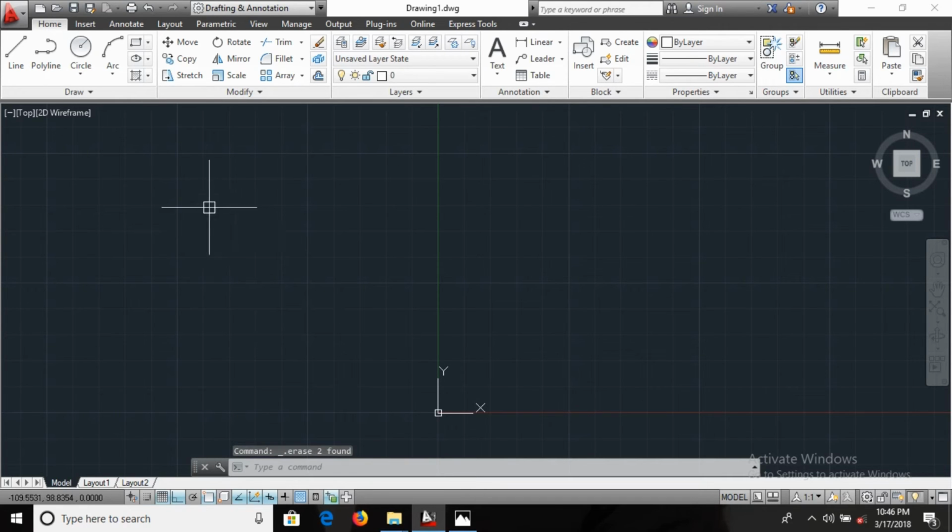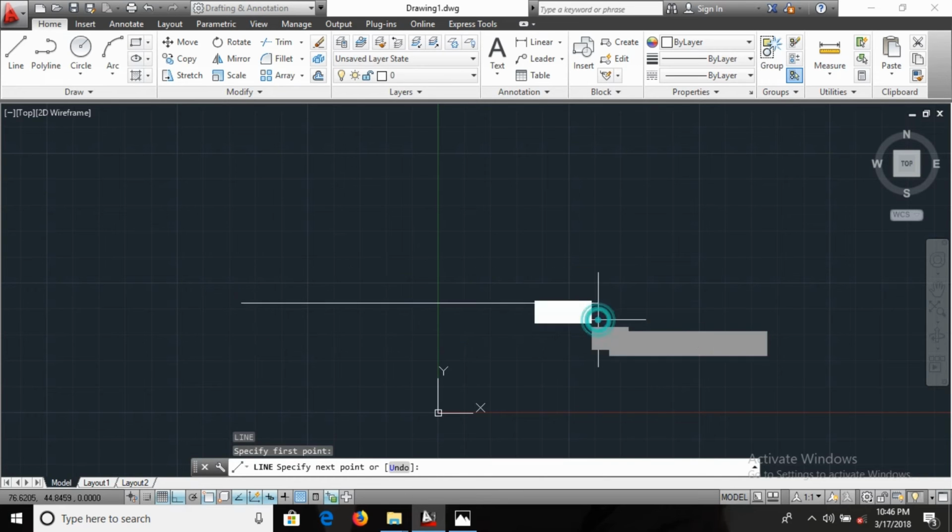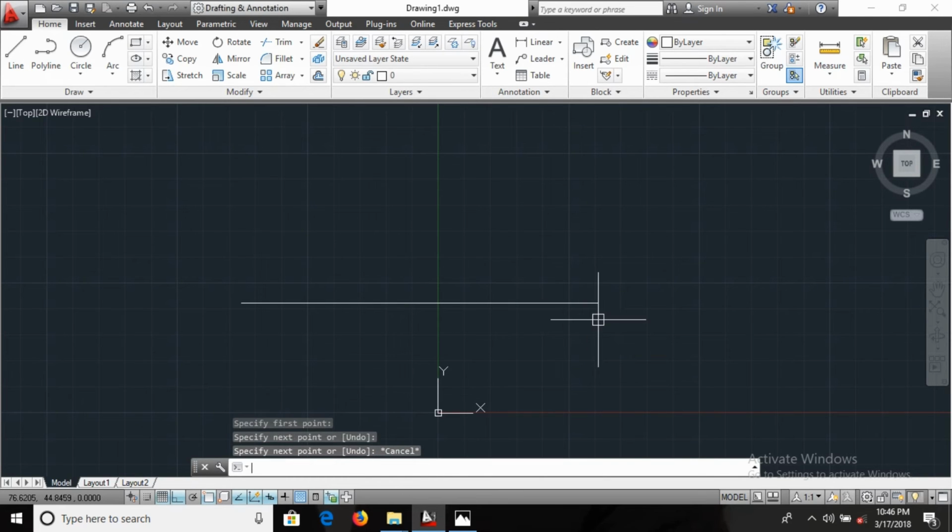See friends, for example, if I want to do something like offset, I press L, enter, and take a line now. I'm using the offset command now. So offset means what? We are taking parallel lines or concentric circles. For that we use O, enter,